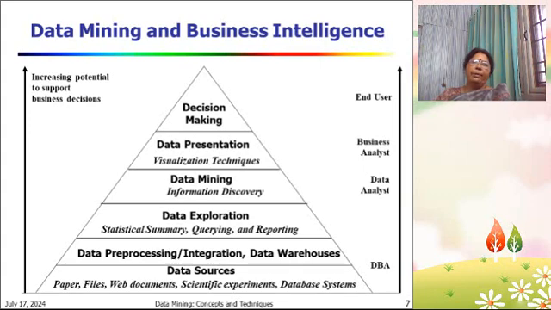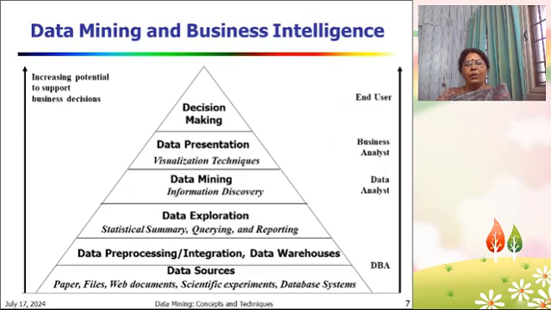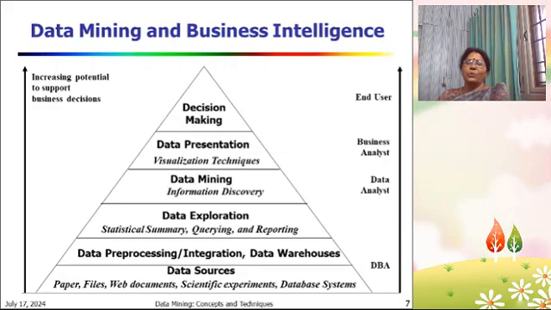Now, if you look at this pyramid, data sources are at the bottom. They could be in the form of paper files, web documents, scientific experiments, database systems. It could be any kind of data. The data may come from multiple, heterogeneous sources. That is important. It's not only from files or only from databases. The sources of data may be different, and then it is pre-processed, integrated, and stored in data warehouses,